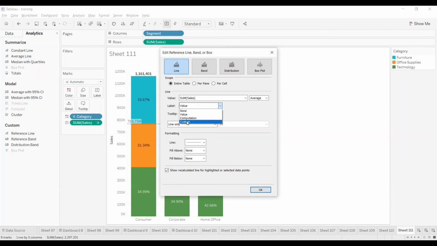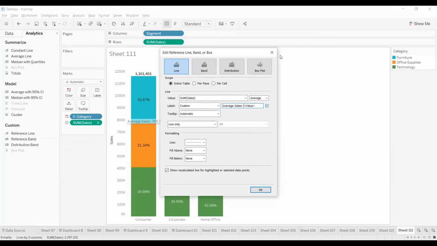Suppose I want to choose custom. In custom, what will happen? I can write average sales, or else I can directly take the average of my field name, the value, or you can take the value directly.